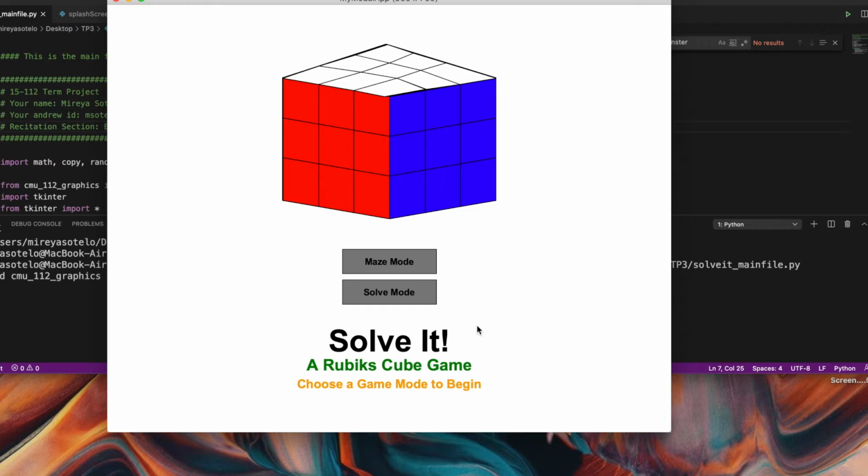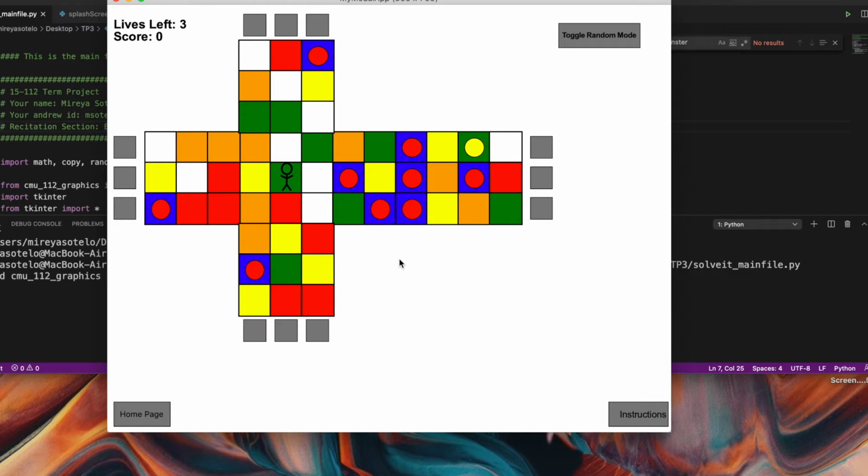When we first run our program, we are in splash screen mode, and the user can begin by choosing between two different modes. When we go into maze mode, we can see that we have a maze of different rows and columns with different cell colors in them. The user is automatically placed in the center of the maze in a green cell, and the objective of the